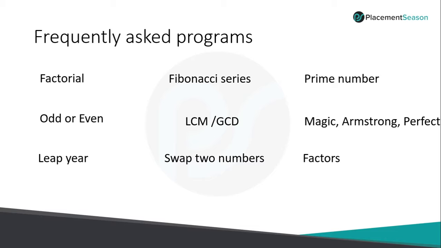Then next, some factors based questions, like what are the factors, how many factors will be even factors for this number, and some number conversions like hexa to octal, octal to binary, binary to decimal number conversion. One more topic where you can expect questions is series calculation, like 1 plus n by 2 plus n square by 2, n cube by 2, like this. So these are some of the areas which you can expect in the campus interviews under these branching and looping topics in the programming section.